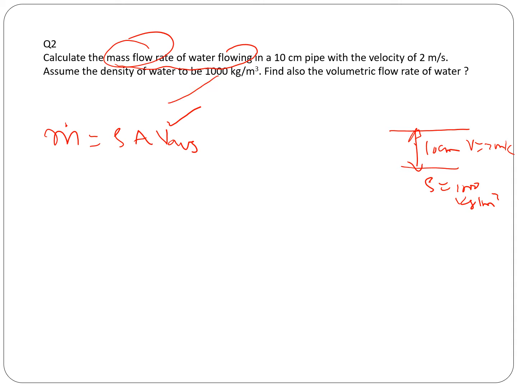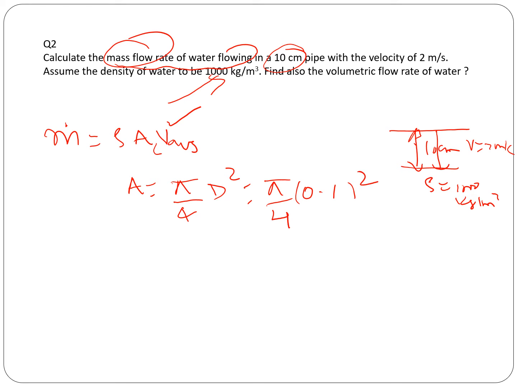So density is given, 1000. Area is always the cross section area. Since the diameter is given, it is a circular pipe, so pi by 4 d square, and convert this 10 centimeter to meter because we want everything in basic unit. So 0.1 whole square, and then V average is already given in SI unit, which is 2 meter per second. So everything is in basic unit, so you can calculate the